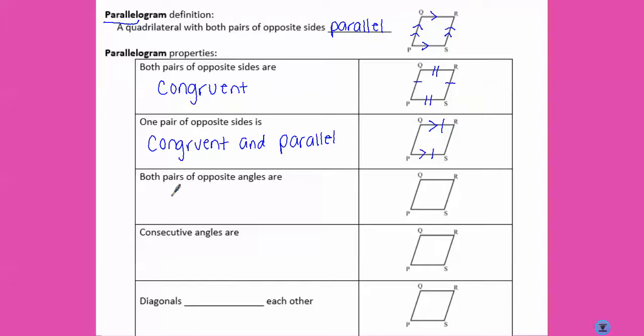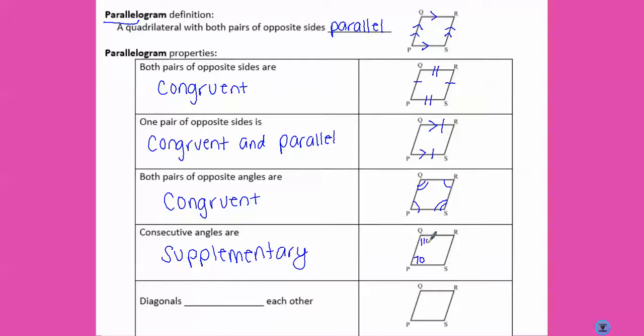Both pairs of opposite angles are congruent. So angle P would be congruent to angle R, and angle Q would be congruent to angle S. Consecutive angles are supplementary, just like when we talked about parallel lines. So if P is 70, Q would have to be 110. And if Q is 110, then R has to be 70. Remember, this means add